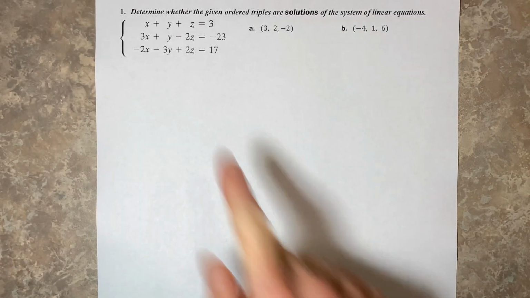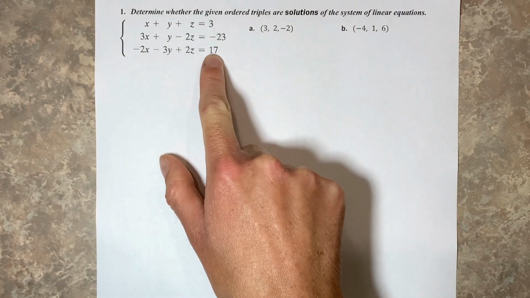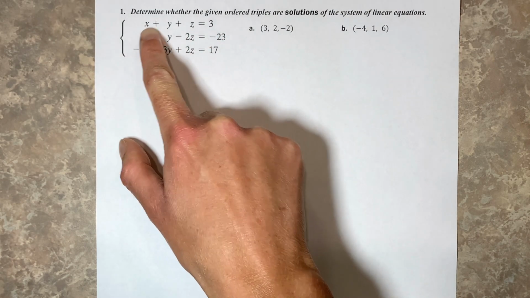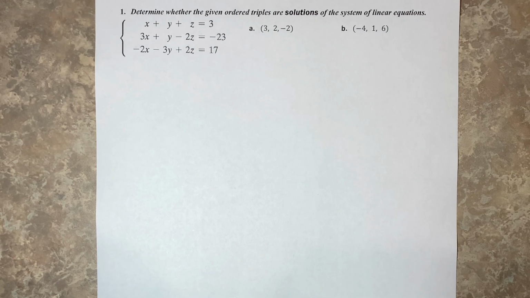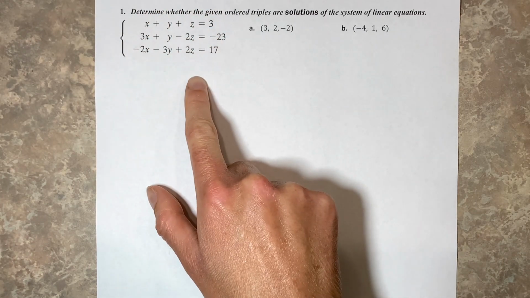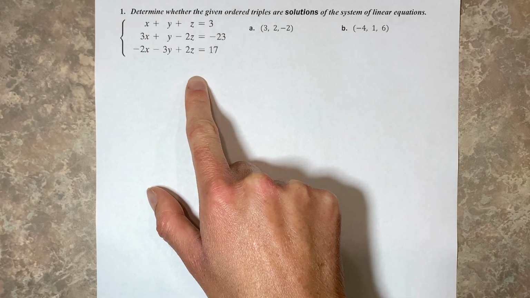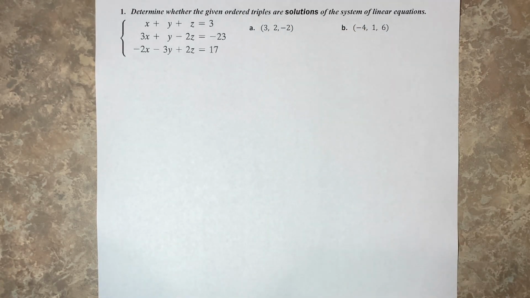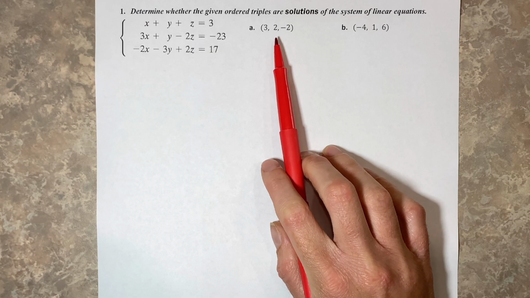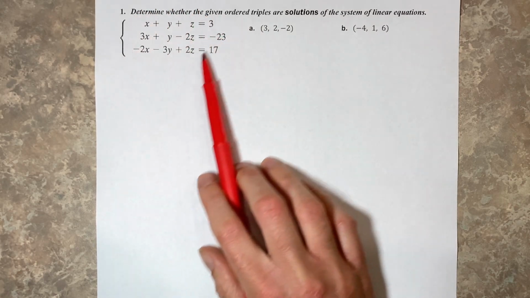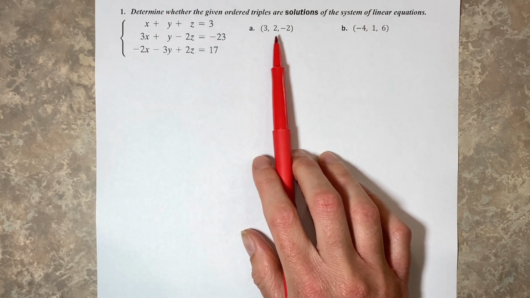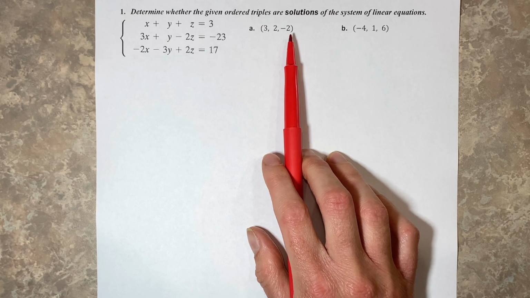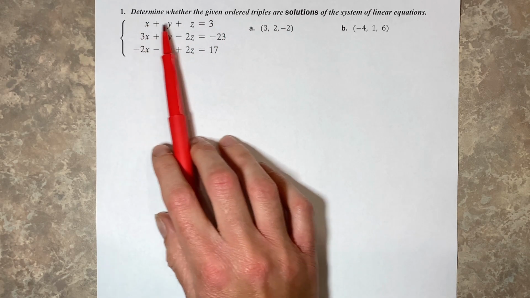Here's an example of a system of three equations involving three variables, x, y, and z. Now, before we learn how to solve a system of equations like this, we're going to first discuss what it means for an ordered triplet to be a solution to a system of equations. In order for an ordered triplet like this to be a solution to a system of equations like this, the ordered triplet must create a true statement when it is plugged into this equation,